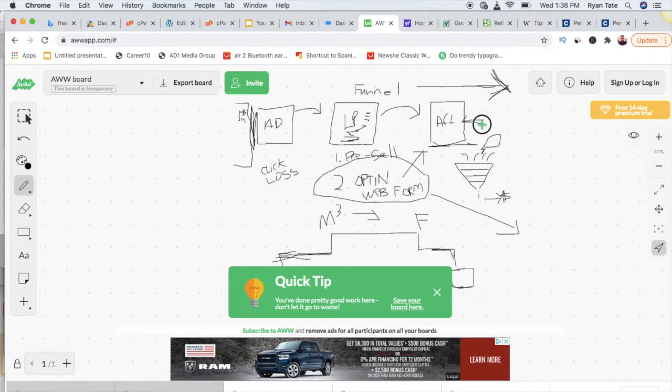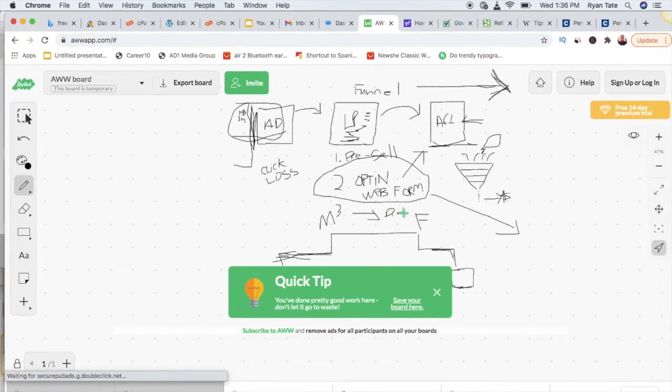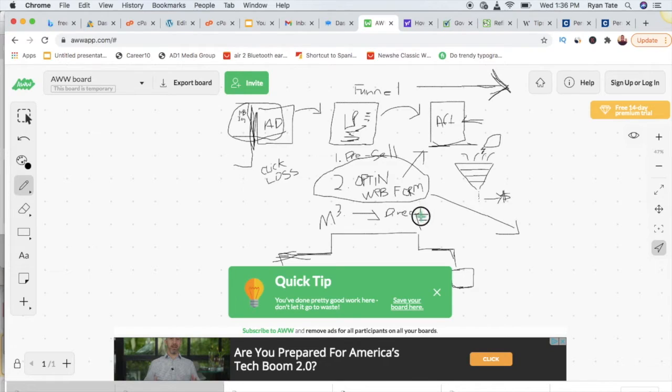Hopefully that makes sense. So what do you need to say in your ad that's going to create curiosity in them to want to click through? Then your job on the landing page is either to pre-sell them, to get them to opt into something, or to directly link them to the affiliate offer. So you have 3 choices, okay?